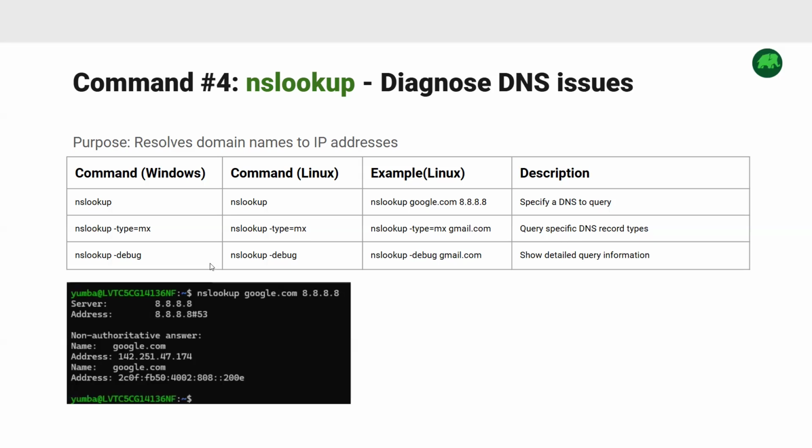On Windows, again, we have an argument used with nslookup, which is nslookup -debug. Same on the Linux machine, nslookup -debug shows detailed query information. Lookup google.com. Okay, we have the information. So our command nslookup google.com